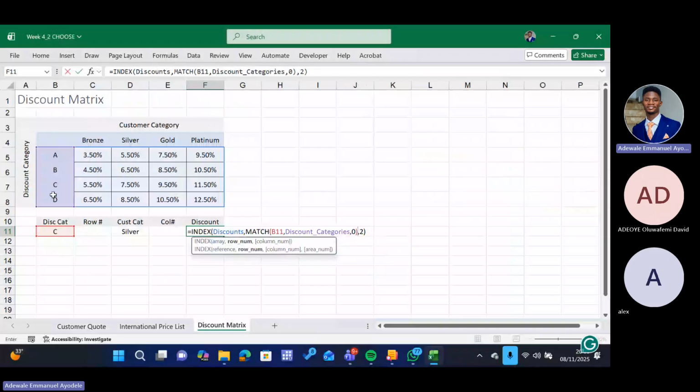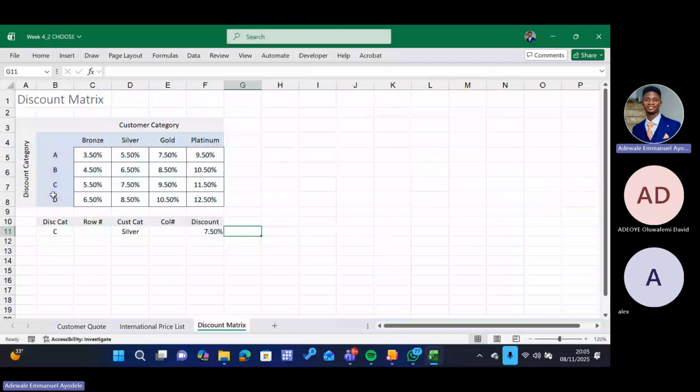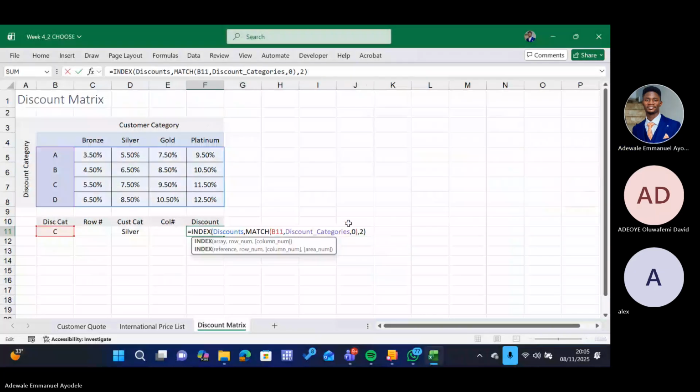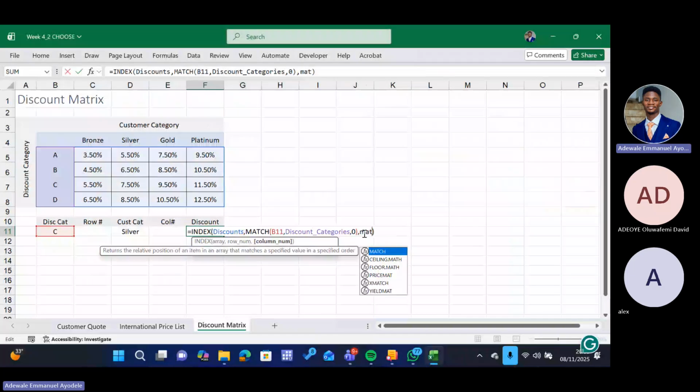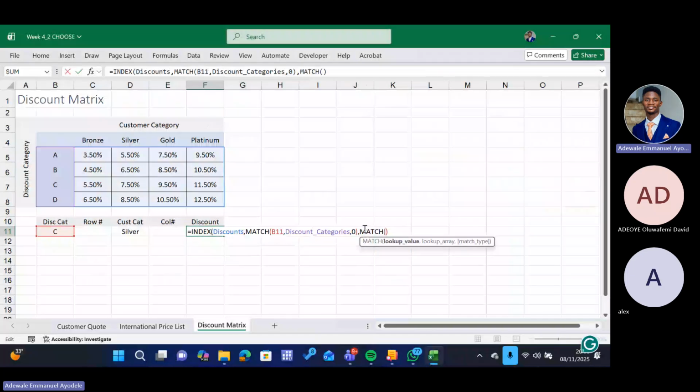So you see it will give me that particular value, but I'm not yet done. Let's say I want you to look up the column 2. I'm using a match function. Press tab. The lookup value, I want you to look up the column of the silver category. Press a comma. So the lookup array is this, whether bronze, silver, because I can toggle between them and change silver down to platinum. Close your formula and press enter. It will automatically give me